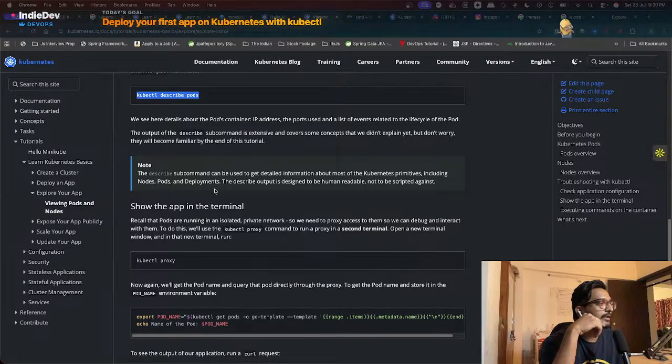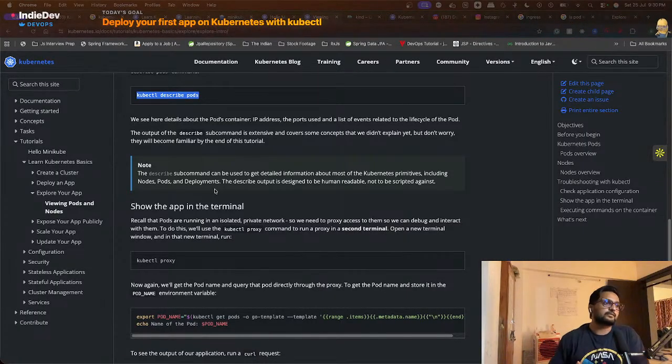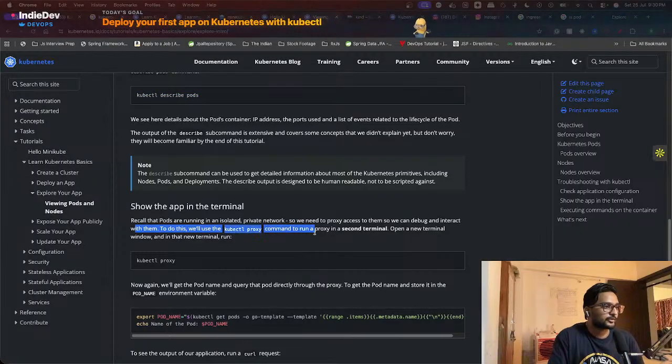Recall the pods are running in an isolated private network, so we need to proxy access to them so we can debug and interact with them. To do this, we will use kubectl proxy command. I have used this. So moving ahead,